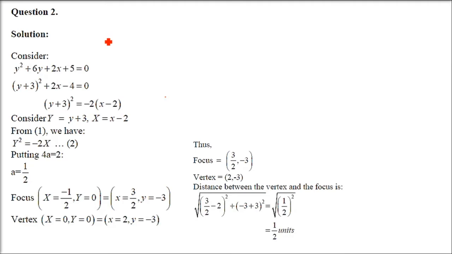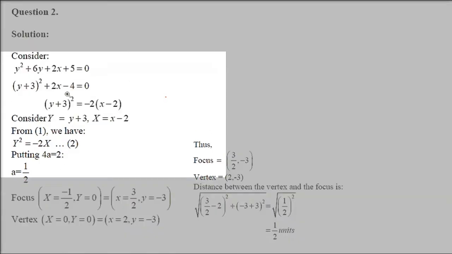This is question number 2. Write the distance between the vertex and the focus of the parabola. So wherever we have a parabola like this, we don't have the vertex at 0, 0 and the focus and directrix at the places a default parabola will have. But the distance between the vertex and directrix and vertex and focus is equal. So we'll try to formulate it in a default way.